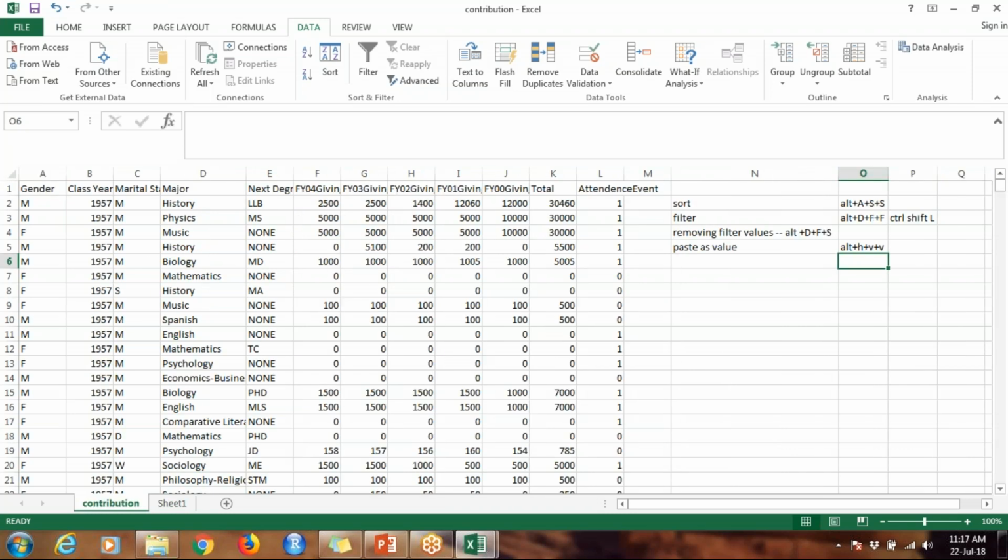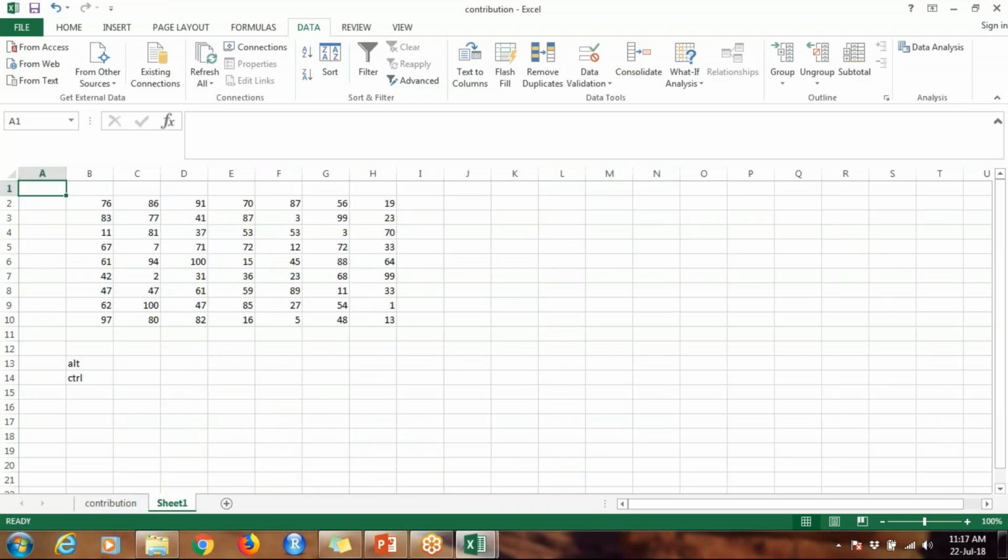So Control Page Up or Control Page Down. Simple thing. And if I want to have a new workbook, then